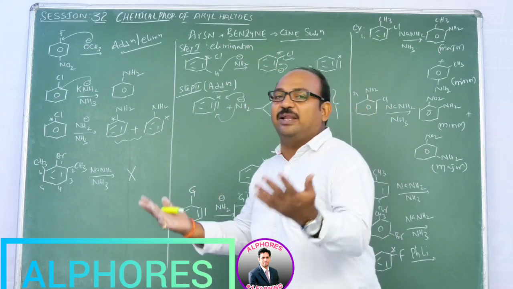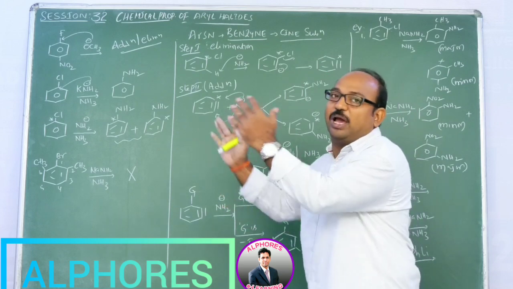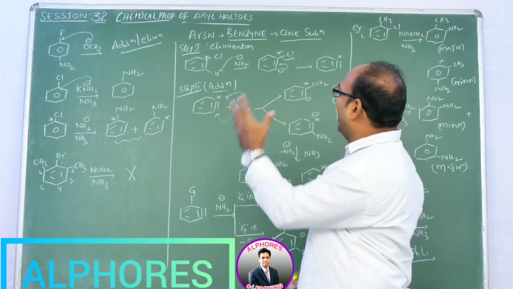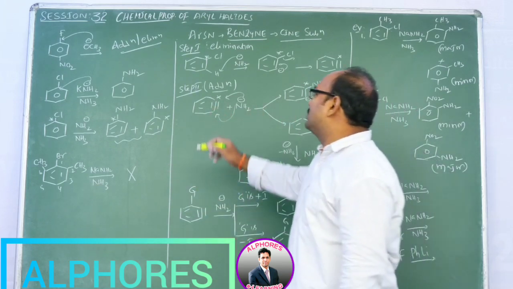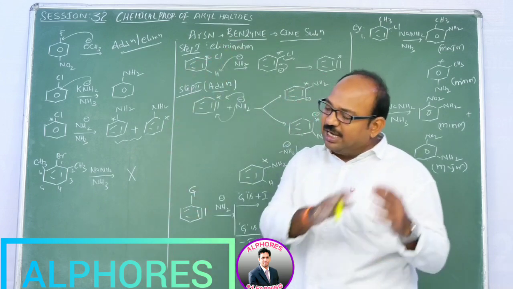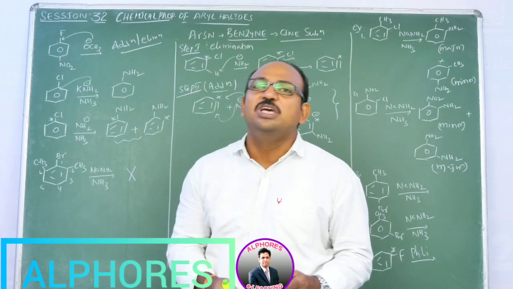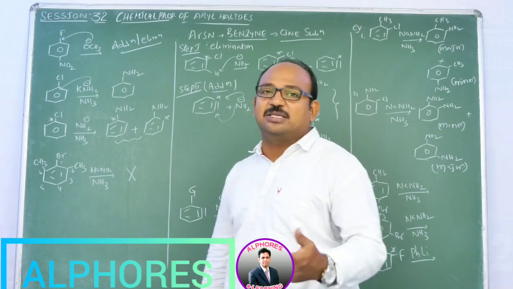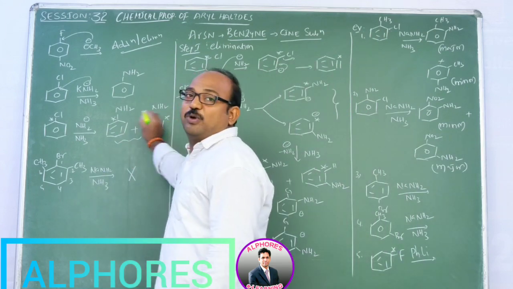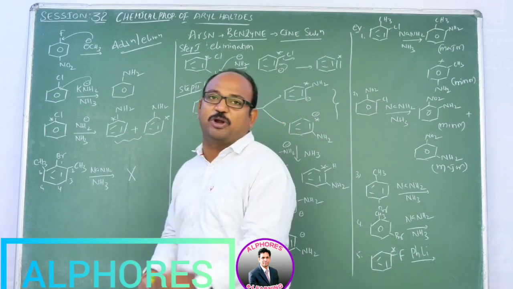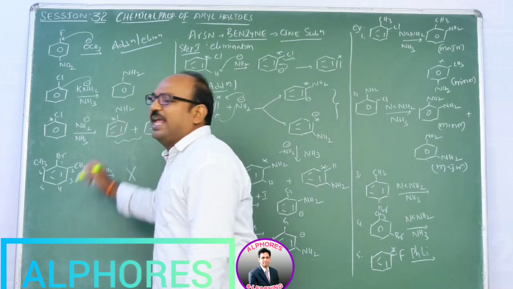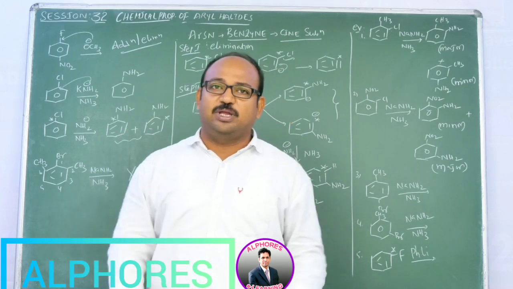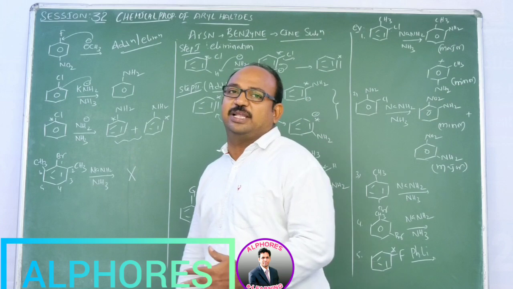So that benzyne structure and everything we are going to discuss. Now have a look here at what happened. When we consider chlorobenzene, let us assume that the chlorine is attached to a C14 isotope only, because here only we can distinguish why we are getting two products, or how we are getting two products. If there is no C14 isotope, then we cannot find out whether it is two products or one.